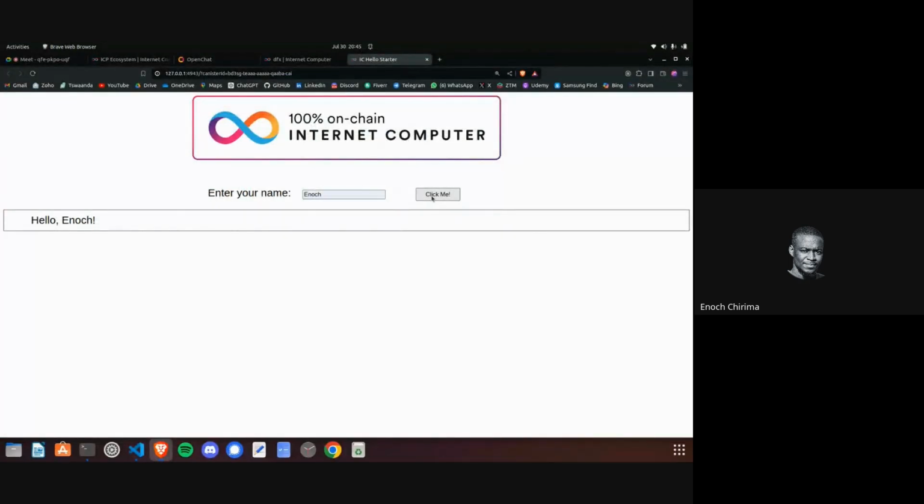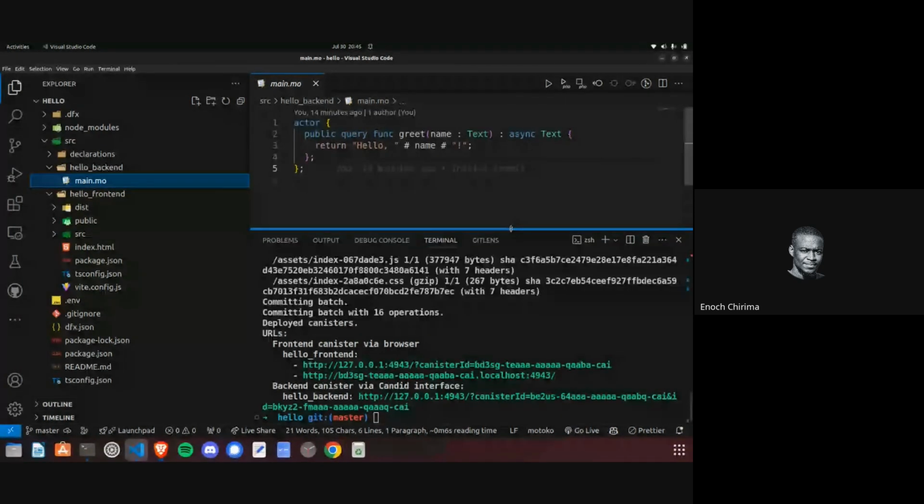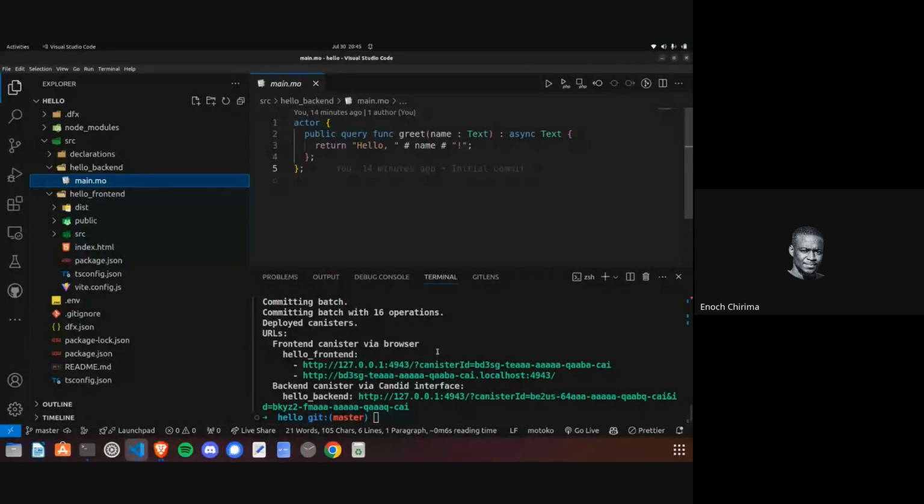When you click me, it takes the name and then it returns it. So that's the front end. And for the backend, we also have this URL to the backend. If we open it,